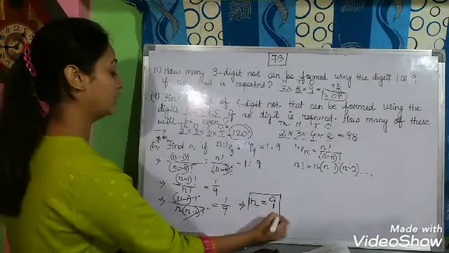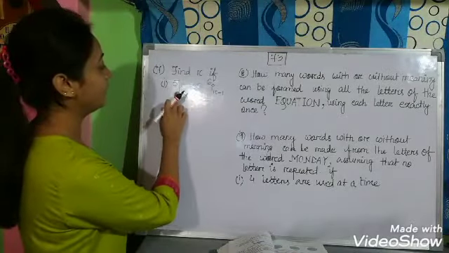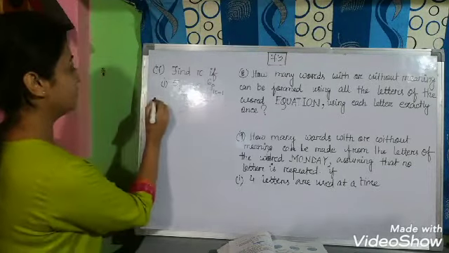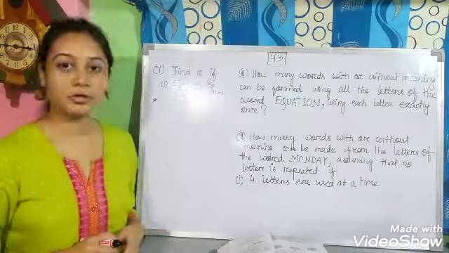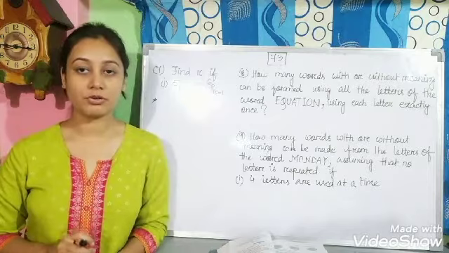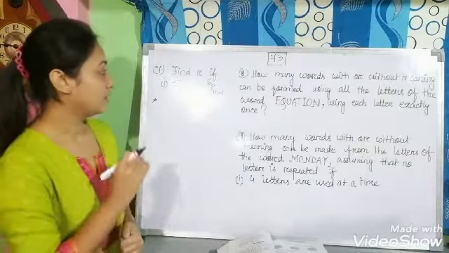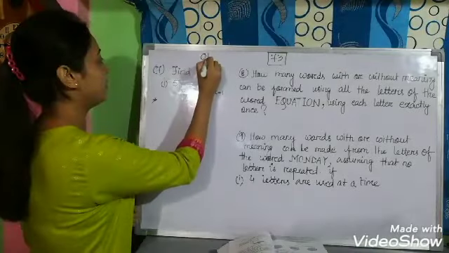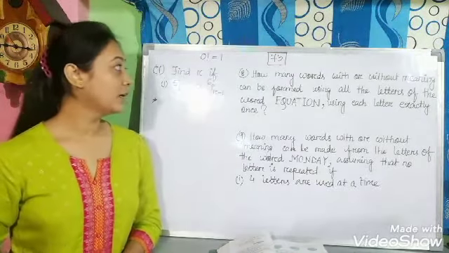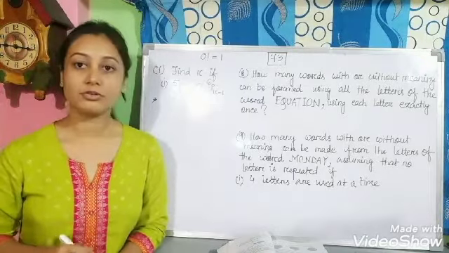and hence the value of n is equal to 9. In the next question you are given to find the value of r if 5Pr is equal to 2 into 6P(r minus 1). Okay, so let's apply the formula for permutation. Now, one thing students, I forgot to mention: the derivation of the permutation formula is not required. It has been deleted due to the reduction of the syllabus. And remember one thing, 0 factorial is equal to 1. This can be proved by using the formula for permutation, but derivations are not required.